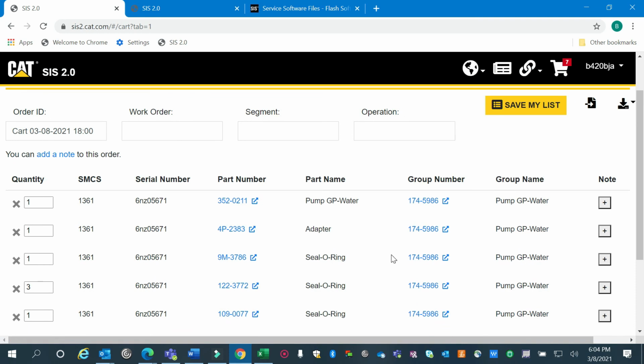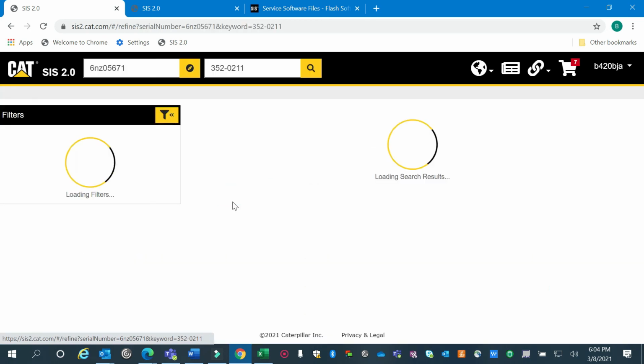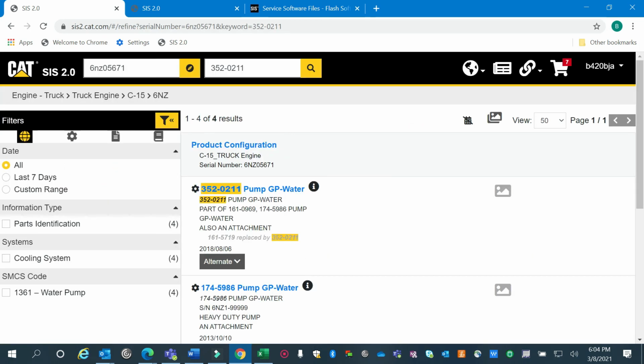There isn't a way to go from the parts screen right back to where you were looking up parts by clicking a tab or a button. But what you can do is use the hyperlink image and go back to that section of SIS2 where you looked up the part initially. It'll bring us right back to our 4 results where